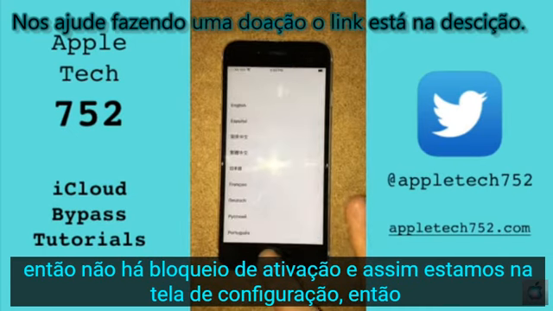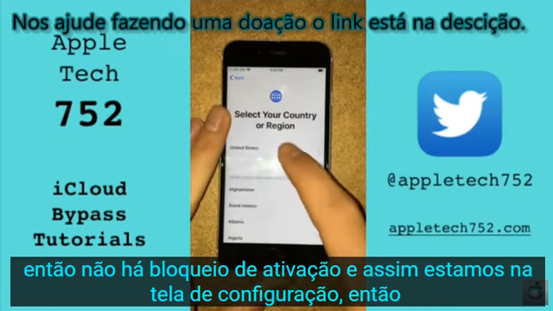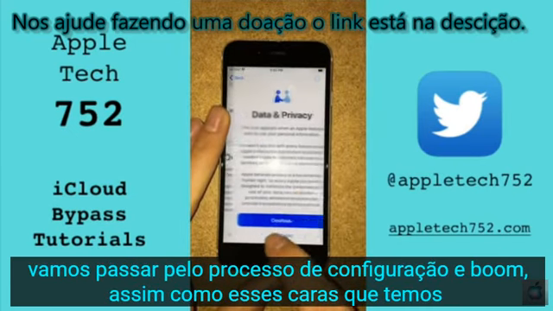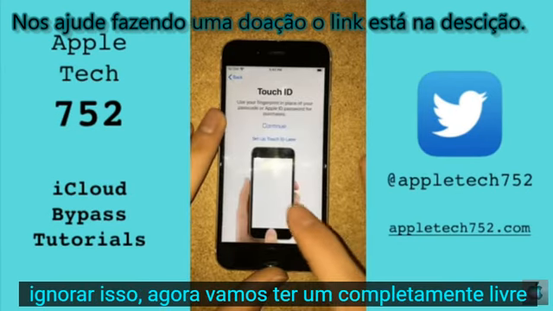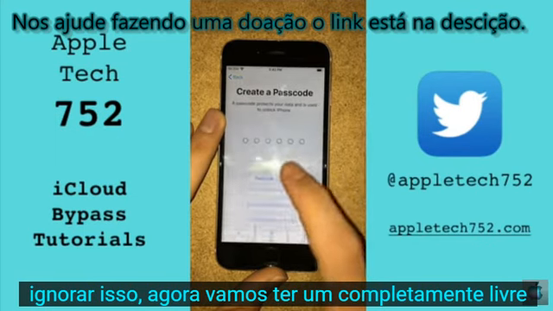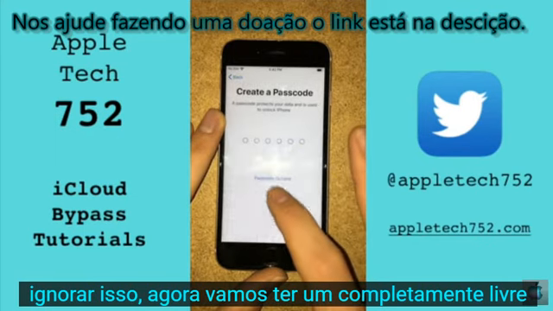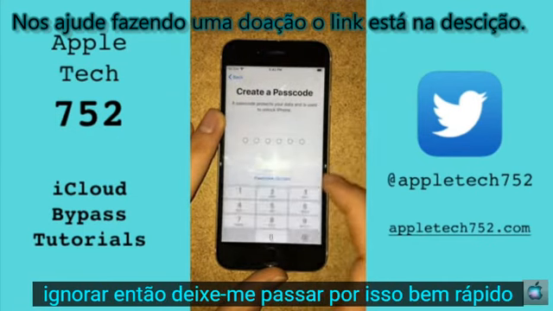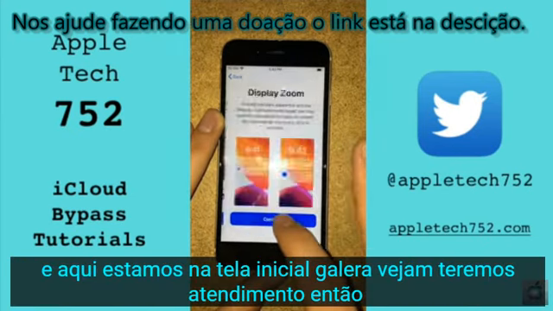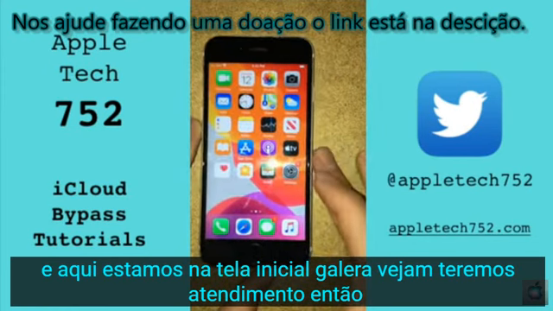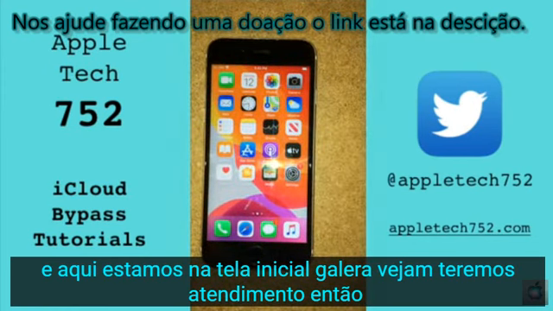And just like this, we are at the setup screen. So let's go through the setup process. And boom, just like this, guys, we have bypassed. Look at this. We are now going to be having a completely untethered bypass. So let me just get through this real fast. And here we are on the home screen, guys. Check it out. We will have